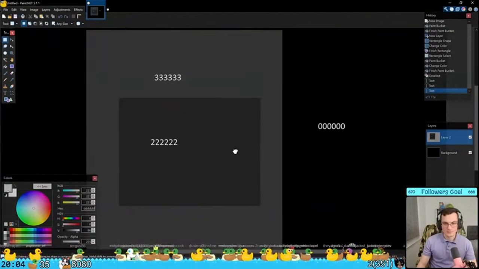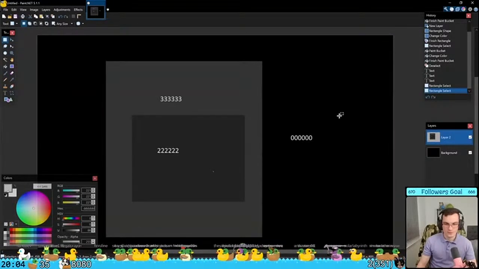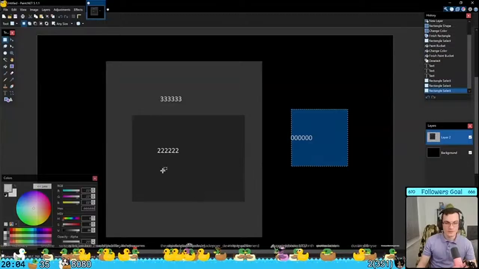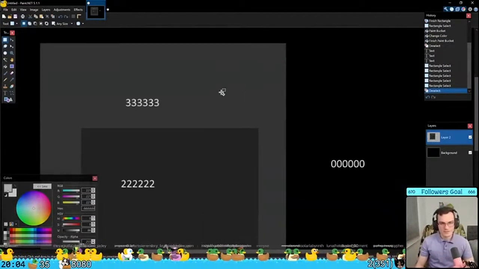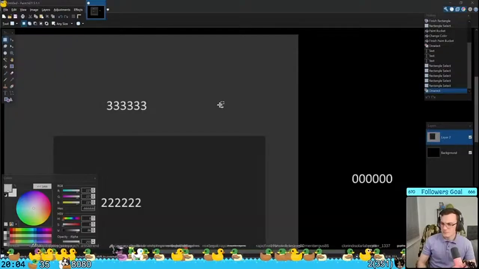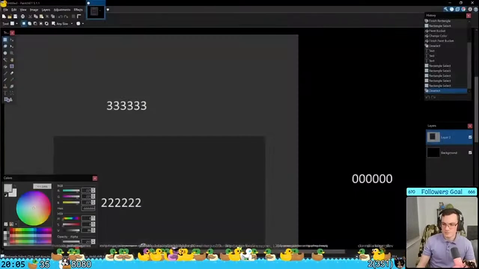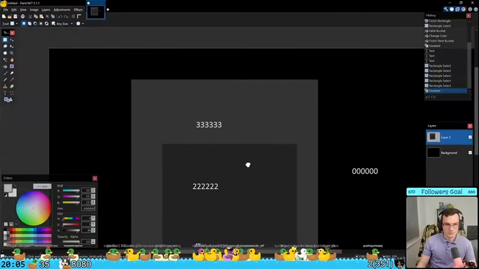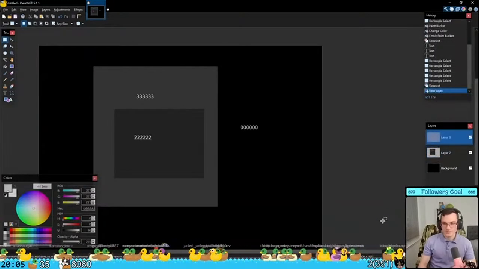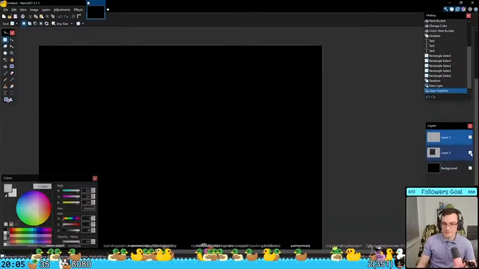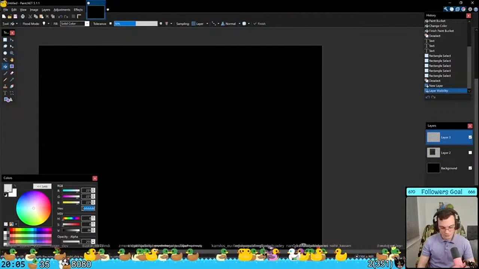So yeah, I've seen a few places for designers recommending to never use pure black. Sure, use that, or any other variant of black. This is not it. I'm using, it needs to be a bit darker. It's very weird. And same for the whites. Instead of using 0, 0, 0,